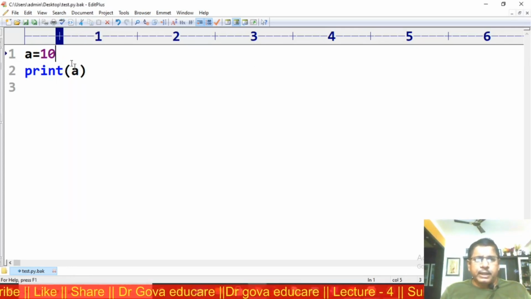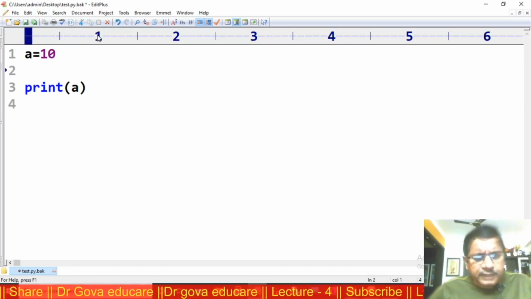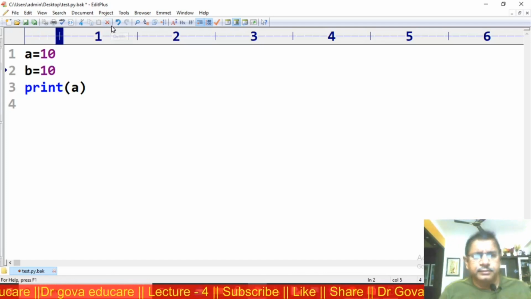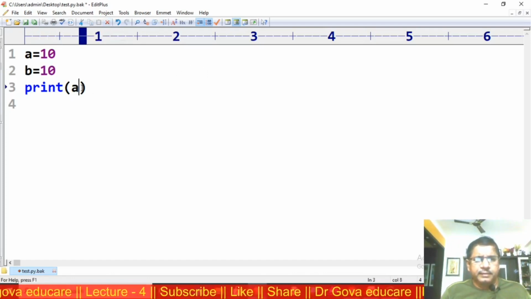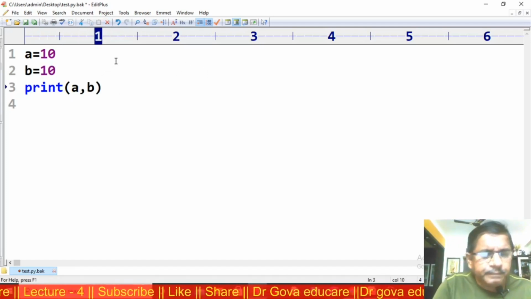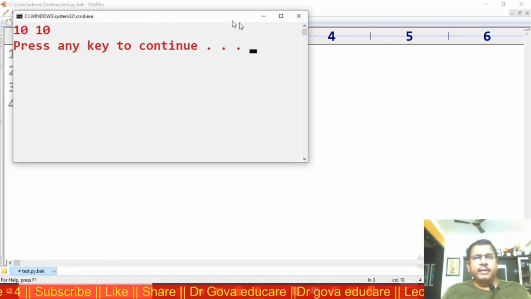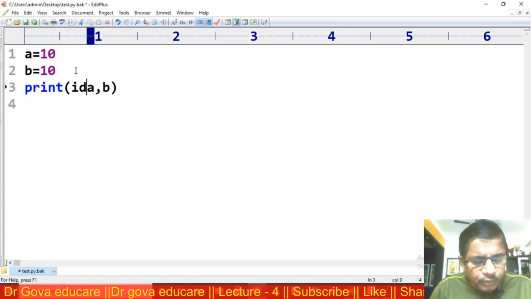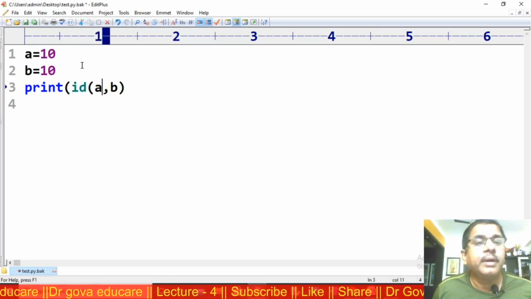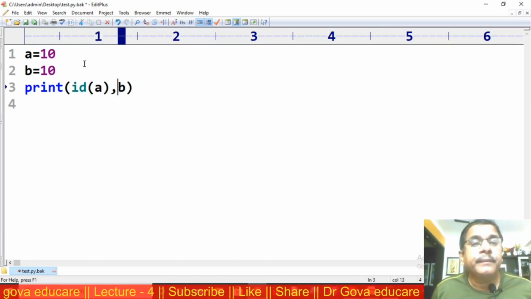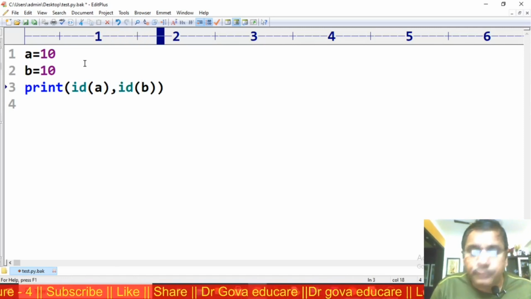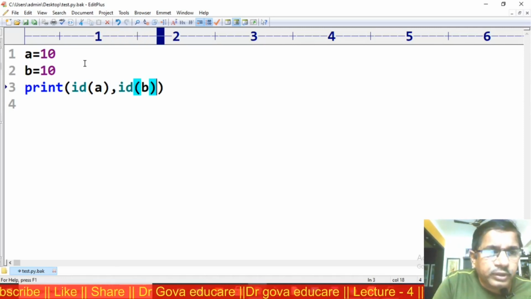Now same, B is equal to 10. I am printing A comma B. A is equal to 10, B is also 10. Now I want to know the address of A using the id function. id of A comma id of B. I am executing the program.